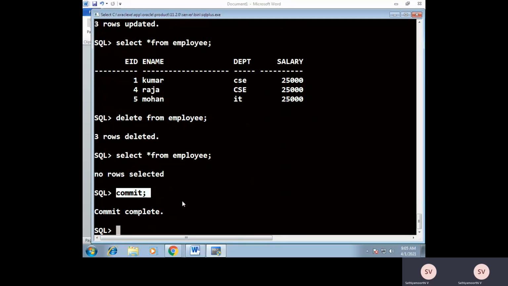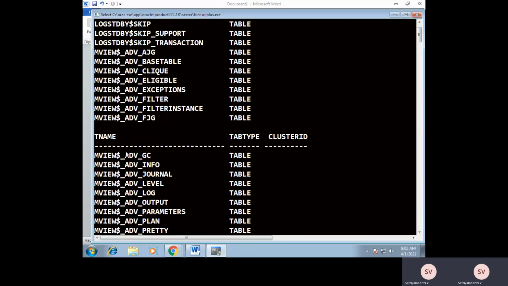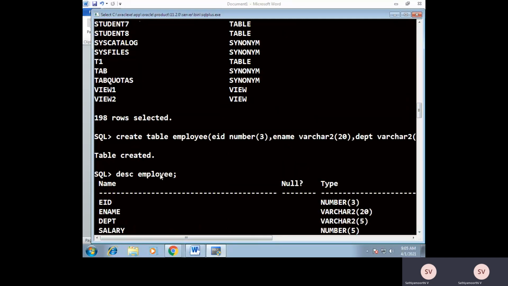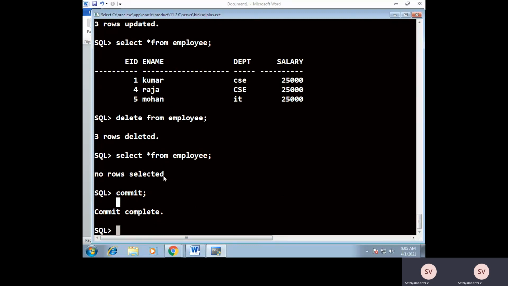Commit command is equivalent to the save operation in a file. Save means it will make all the changes permanent in the database hard disk. If you have not executed a commit command, then if there is any power failure or abnormal execution, all your executions are deleted. They will not be recorded in the database. So periodically try to use the commit command, then only all your updations are stored in the database hard disk.